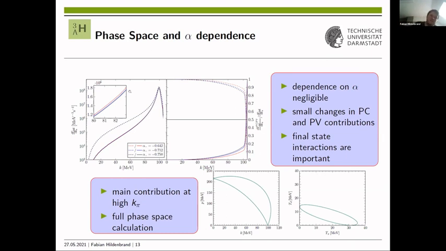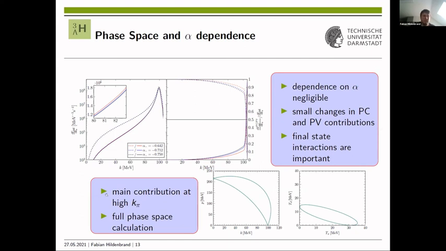And when you look at this inset, which basically shows the alpha dependence here for 3 values, 0.642 is the old PDG value, and those are then two newer values, and the new PDG values lie somewhat in between, which we then use for the later results. You see basically that the difference is really small, and it doesn't change much in the whole picture here. But when you look at the contribution of the parity conserving or parity violating channel, the difference is a little bit larger, but it still doesn't change much.